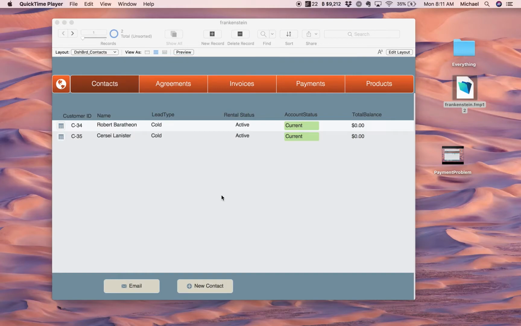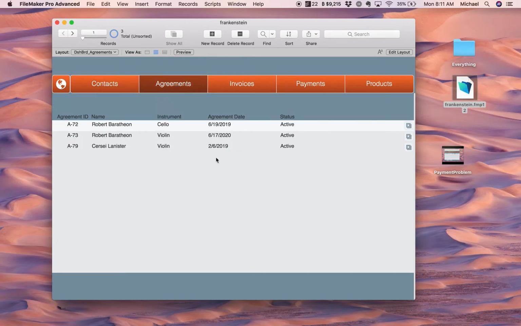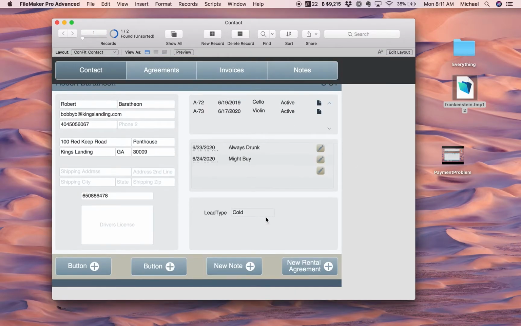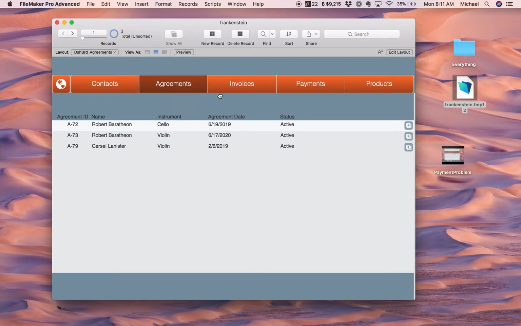Okay, all right, here I am in the dashboard contacts layout, and I've got two contacts here, and I can switch over to the agreements here or there. Agreements, you can click this, open up a window and see. Okay, that opens up the wrong thing. Anyway,